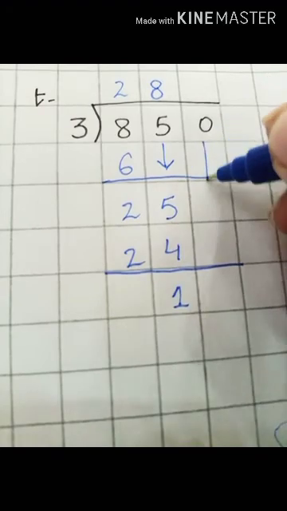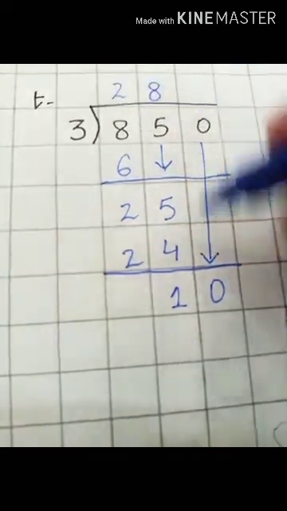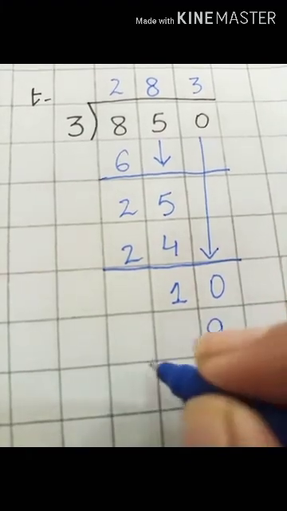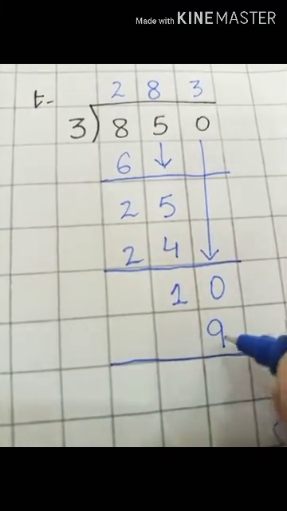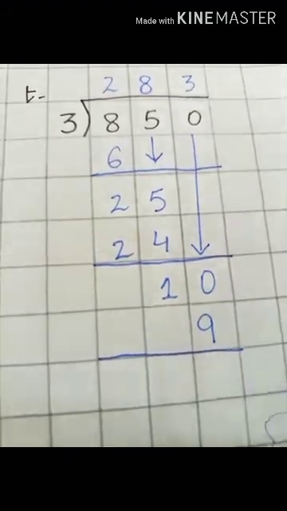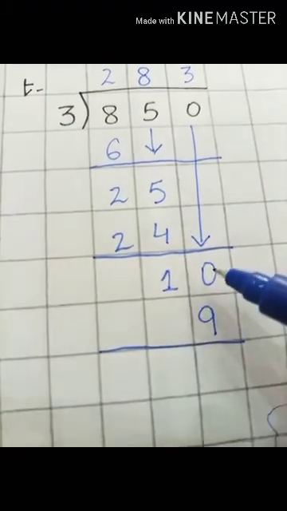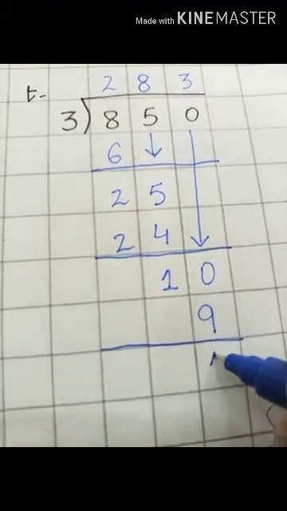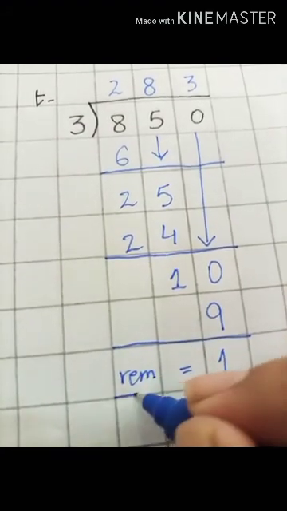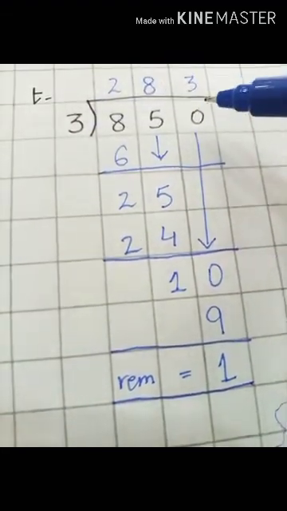Let's bring this 0 down here and this will become the number 10. So students, 3 threes are 9. I can write 3 threes are 9 beneath the number 10. So students, you are writing 9 in the ones column but not in the tens. Okay. Let's subtract it. 0 minus 9. Can't do this, so we are taking this 1 as a carry and this will become 10. So students, 10 minus 9 is 1. Now this one is indivisible by my divisor further, so I am taking it as my remainder. Students, and our quotient is 283.